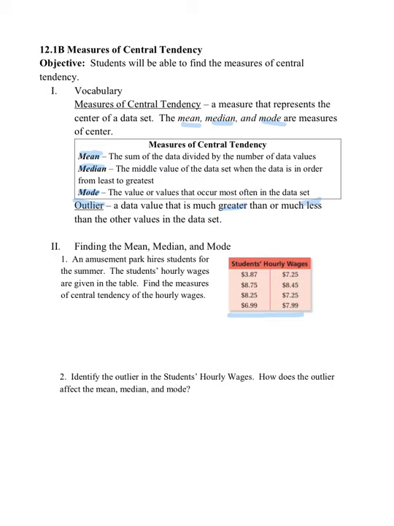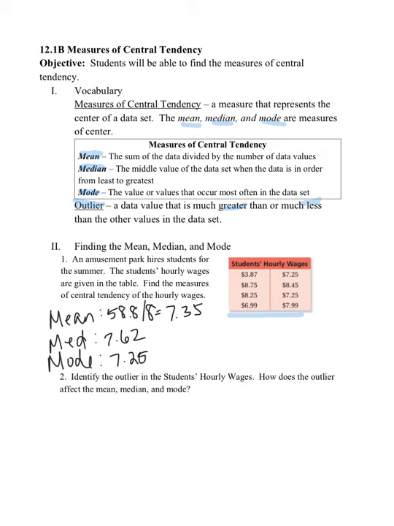So take a second, pause the video, find your mean, your median, your mode. So here you find your mean is $7.35. Your median is $7.62, and your mode is $7.25. So what this means is that on average, students will make